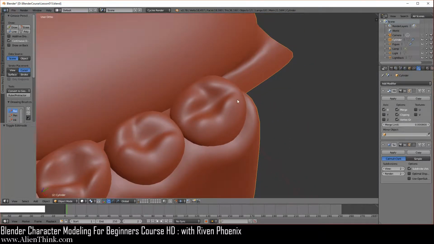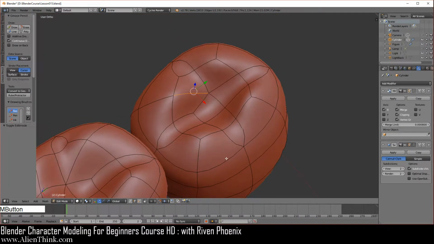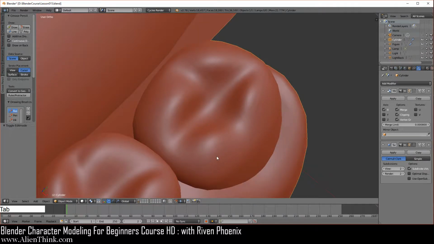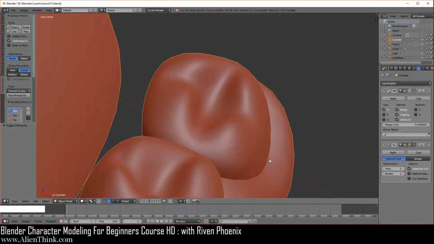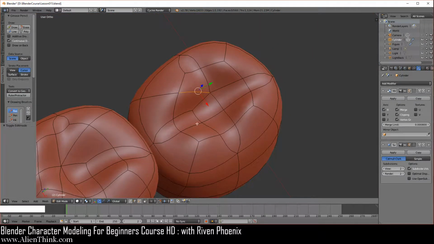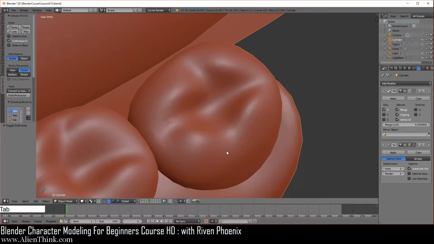You don't have to always come in here and rotate every edge that you can get your hands on. Again, it's just about putting that general idea in here for this tooth. Okay, so I'm just going to do tab and take a look at this. Let's click on this, do Control A1 over here, and then tab.